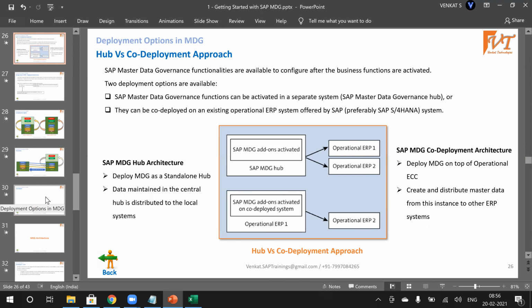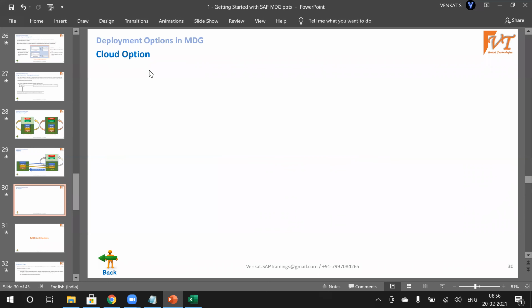And as I said, there is a third option, the cloud option. This was announced by SAP only last week. It is still not released to any customer. It takes some time to release that one. In fact, I haven't got a chance to go through in detail to understand what the cloud option is and how it works. I don't want to give you any false information, but I will definitely go through the cloud option, try to understand the insights of it, and give you a brief about that soon.